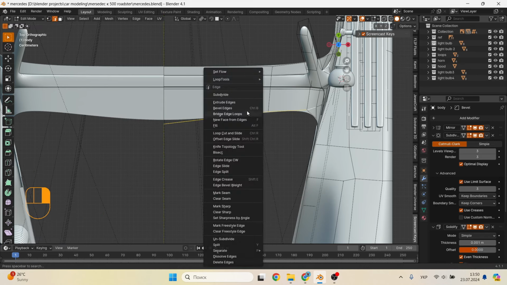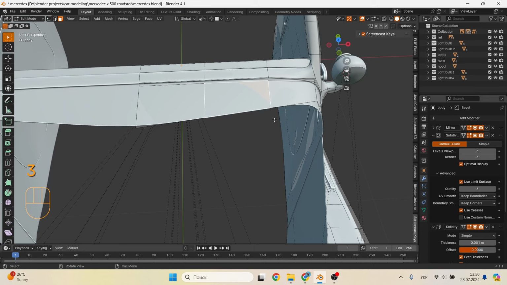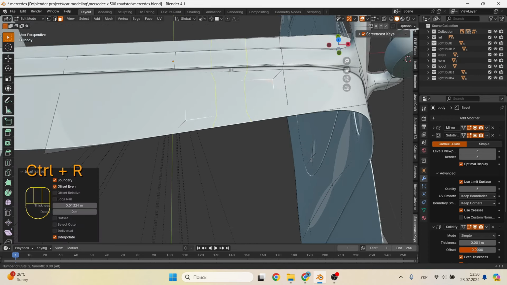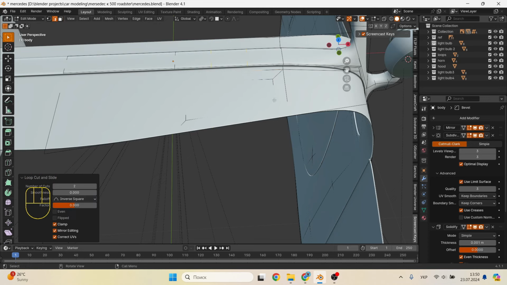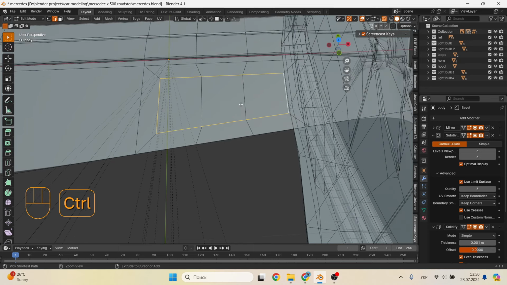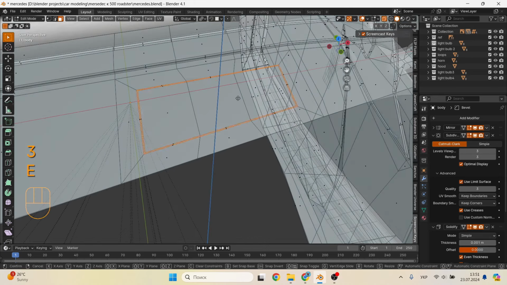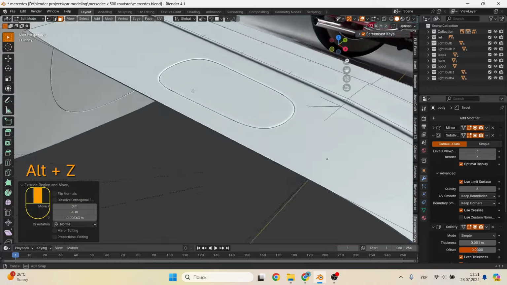Next, add one loop cut, which will give us the opportunity to work with the face. Select it and then press the I button to apply insert. Now add 2 loop cuts to enhance the topology. After which we can select the edge loop and press the Ctrl B combination to split the edge into two. Next, switch to working with faces and extrude them down along the Z-axis.